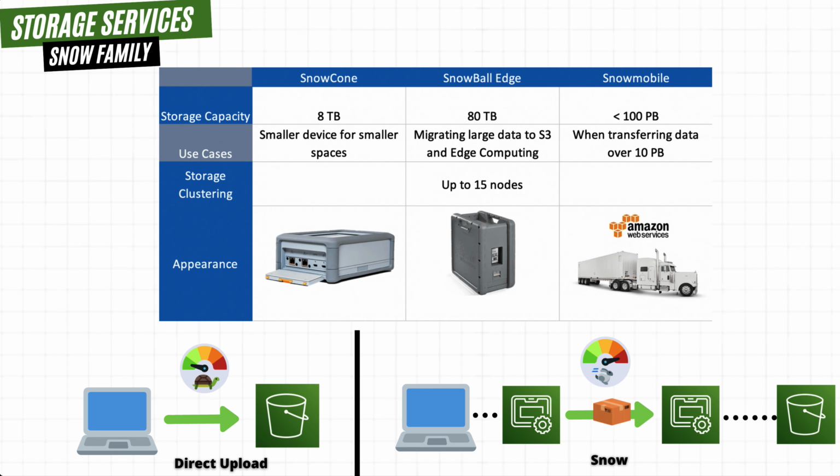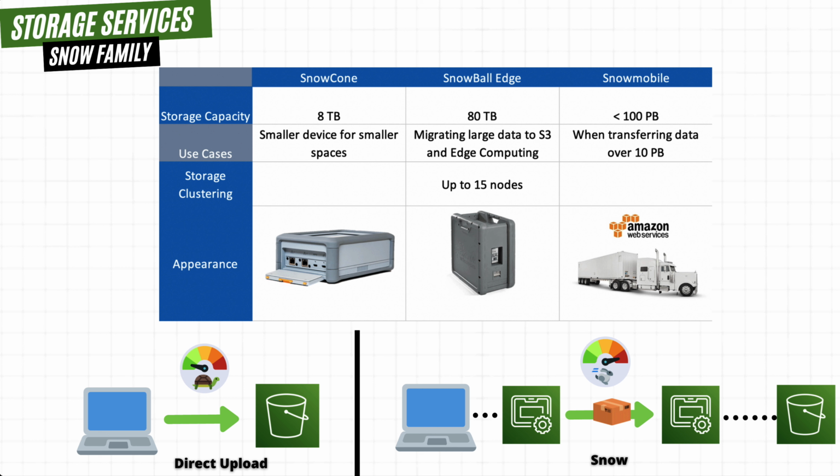Now, why would you want to use the Snow family to migrate data to AWS? Well, let's say we have a 100 megabit per second internet connection at our company. It offers 100 megs up and down, and we want to upload 100 terabytes of data to S3. That would take roughly 124 days to complete. And that is a best case scenario, meaning there aren't any internet outages and your company's employees aren't using much